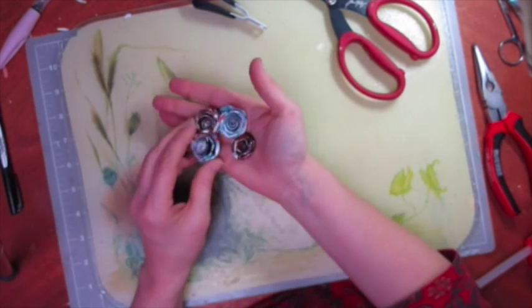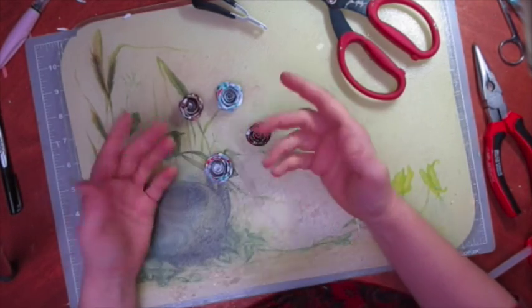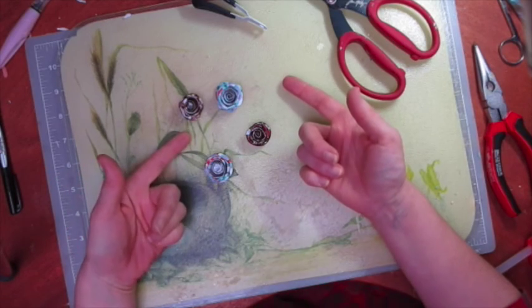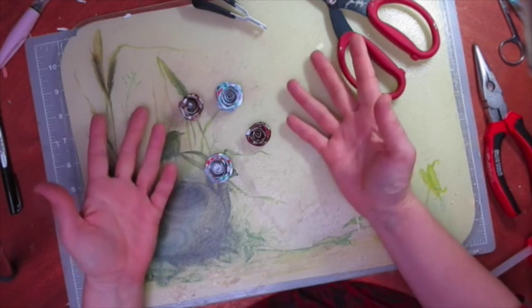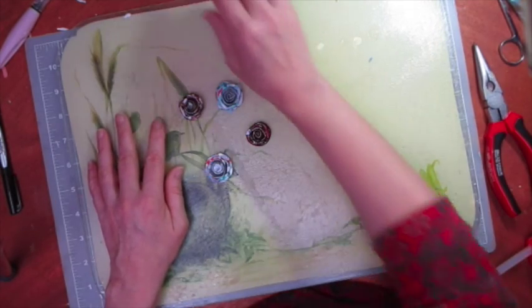So I hope you like that little tutorial. Please be careful when you do it, because you can either A, cut your fingers, or B, burn yourself on the hot glue. Which I haven't done, but you can do, so it's always best to wear protective gloves if you've got any,